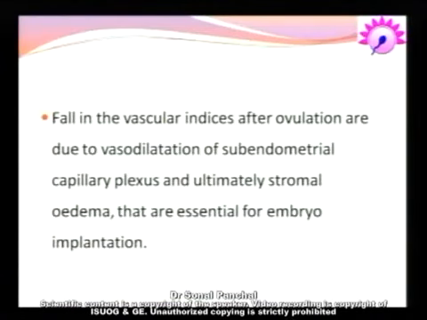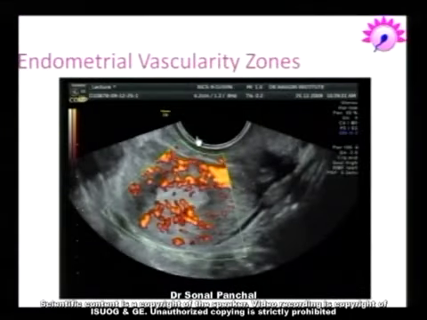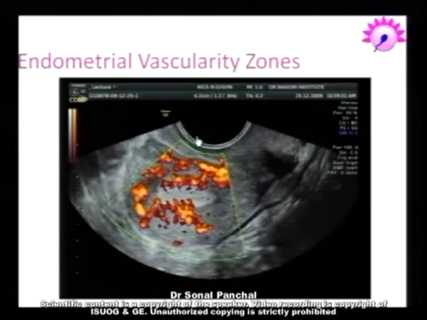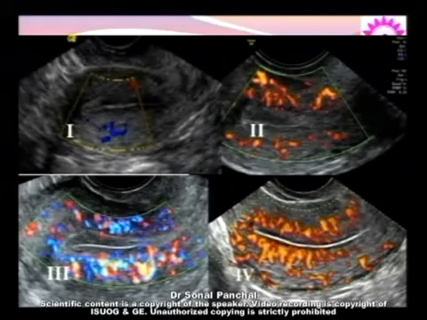The fall in the vascular indices after ovulation is due to vasodilatation of the subendometrial capillary plexus and ultimately the stromal edema that are essential for the embryo implantation. Now, if we know the vascularity has to develop, we have to grade the vascularity also. The zones of vascularity have been described as zone 1 when it reaches the endomyometrial junction, zone 2 when it touches the outer echogenic line, zone 3 when it comes to the intervening area, and zone 4 when it touches